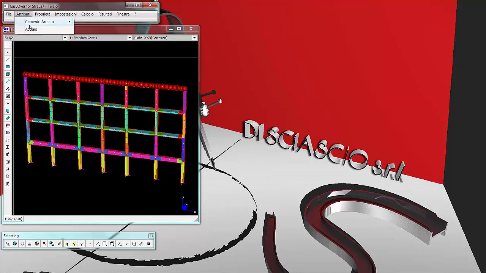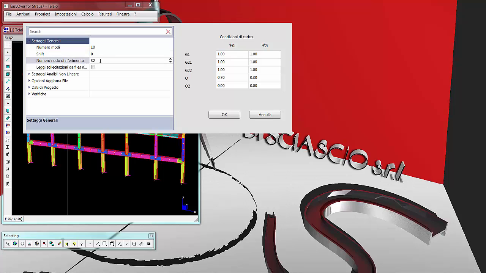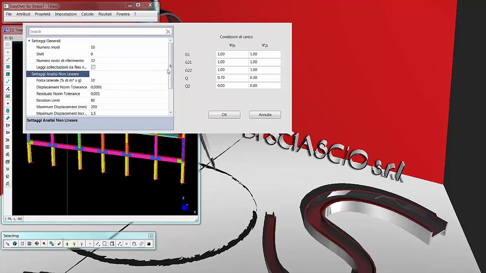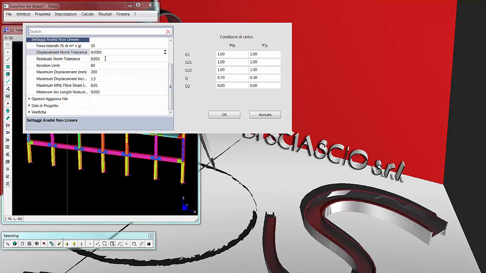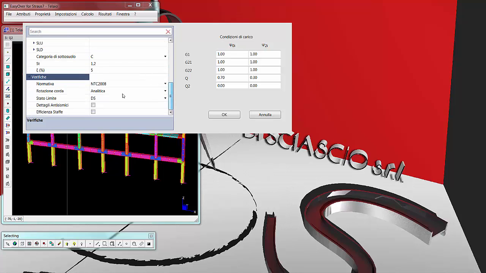In the Attributes Reinforced Concrete menu, you can apply the reinforcement properties previously defined to the beam elements and beam column joints. In the Settings General menu, you can define settings such as the number of the reference node to be used to calculate the capacity curves of the building, settings related to nonlinear analysis, which the program performs interfacing with Strand 7, project data related to site seismicity, and the parameters to be used for the verification of structural